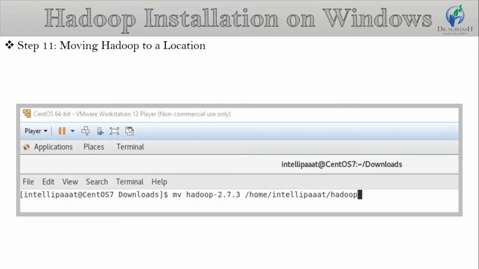You can change it according to your choice. Here, home will remain the same. IntelliPath is the username I have used. You can change it according to your username. Hadoop is the location where I want to save this file. You can change it as well if you want.